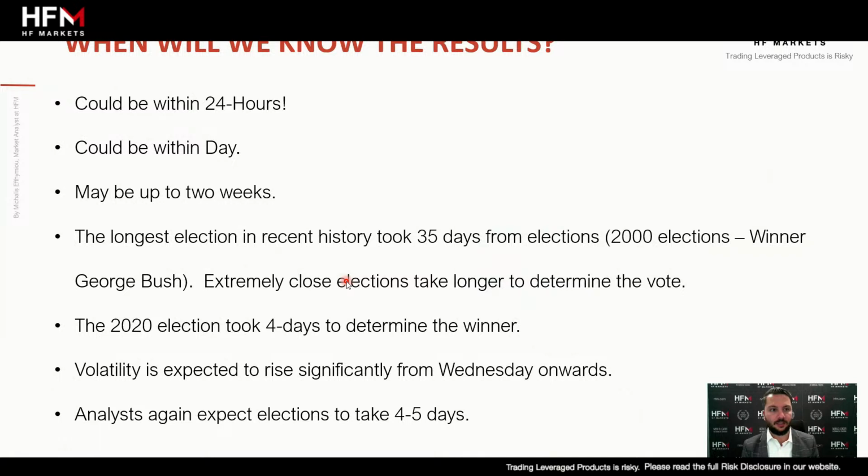Now, a lot of people keep asking me, I'm trying to research and find out, the elections are today, everybody's voting today, but nobody, none of the news outlets, none of the articles, nobody's telling me when are we going to know 100% who the next president is. Like I said, back in 2000, it took 34 days. In the last elections, it took 5 days. So every time it is something completely different. So when are we going to know when the election results will be known?